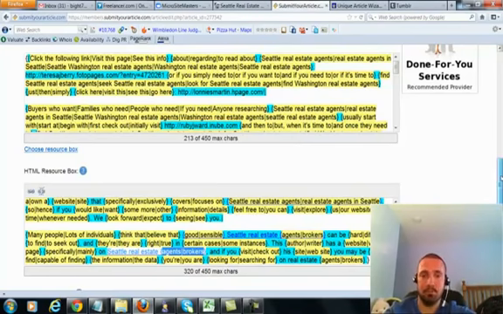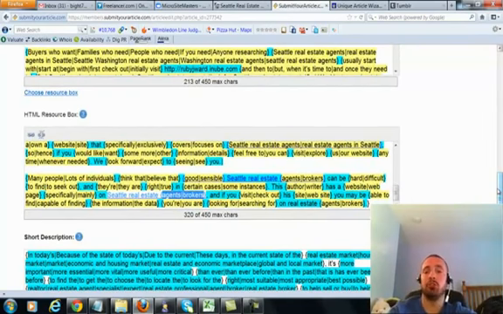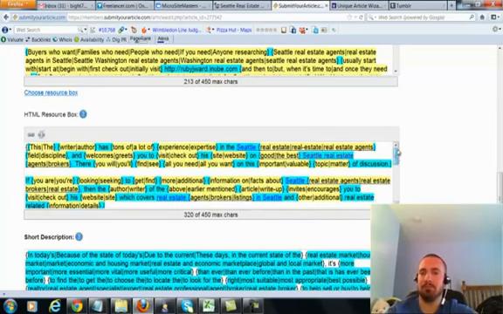Okay. And remember, for your anchor text, just use something that has to do with real estate. For some of them, use like real estate listings. Some of them use Seattle real estate agents. Some of them use real estate realtors. Some of them use real estate prices. Just switch it up. And just the more you switch it up, the better. Use different anchor texts and just switch everything up.